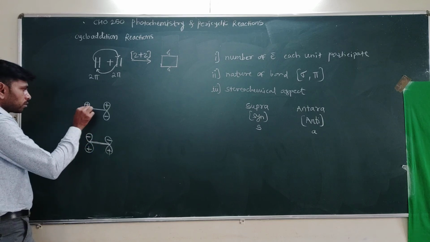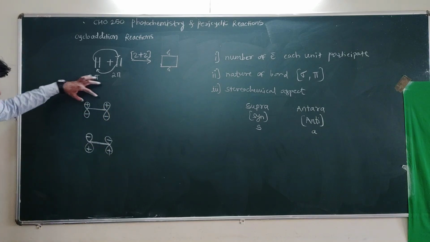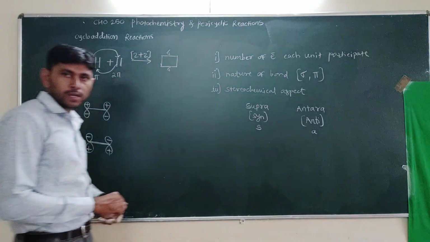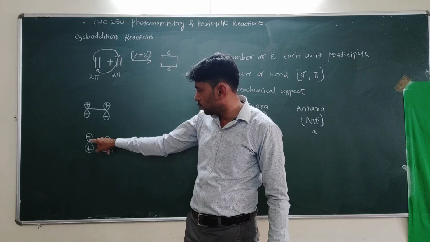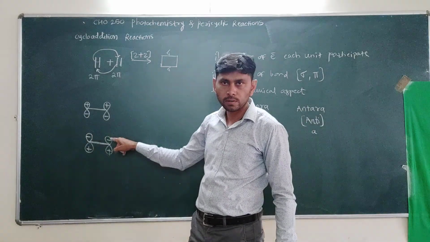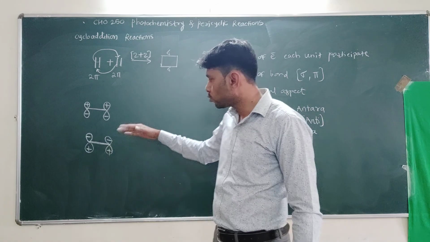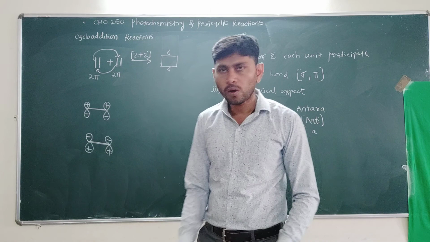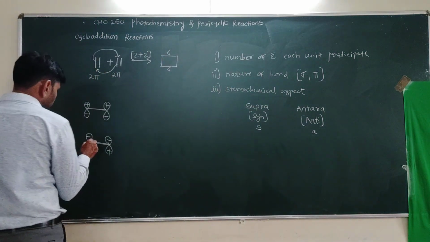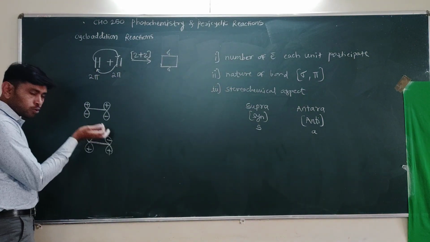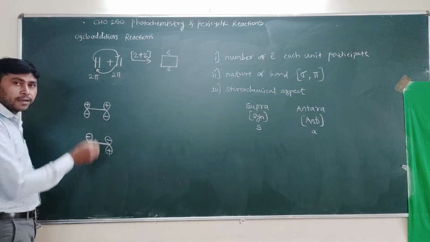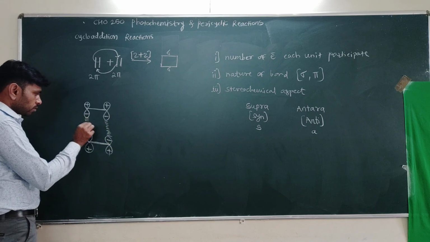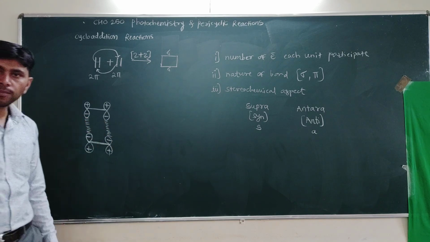This line shows the border line, and these two lobes are above the plane, and these two lobes are below the plane. Okay. Now in this case, same, above the line, these two lobes are above the plane, and these are below the plane. So below the plane and above the plane, orbital lobes are there. So when both the above-the-plane lobes are utilized for bonding, suppose such type of bonding occurs, negative overlap with negative, such type of overlap occurs.